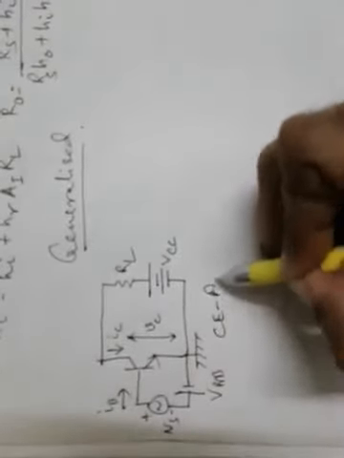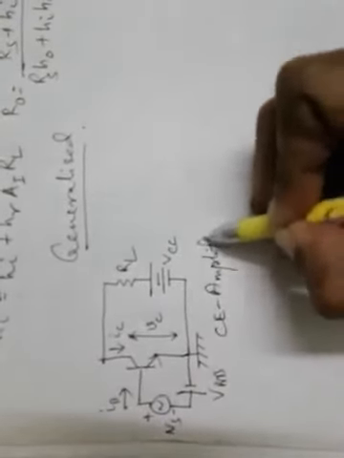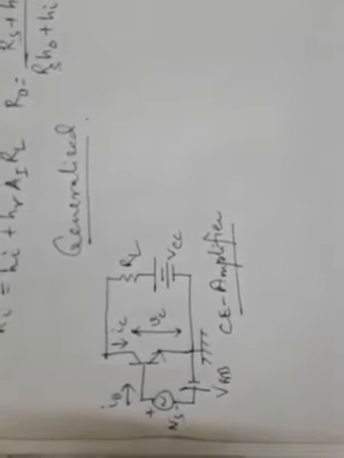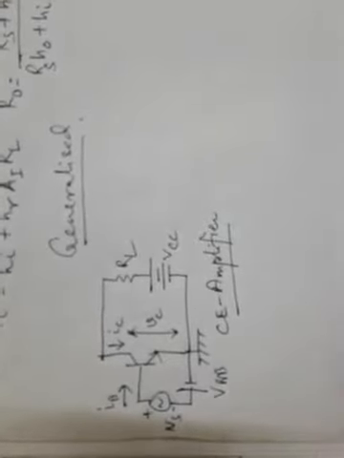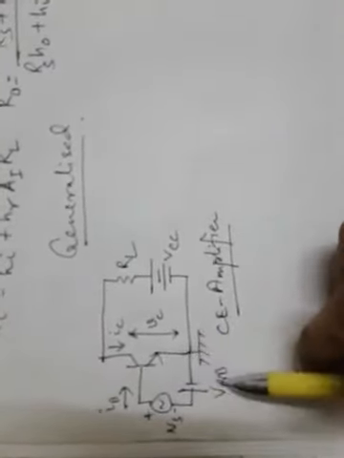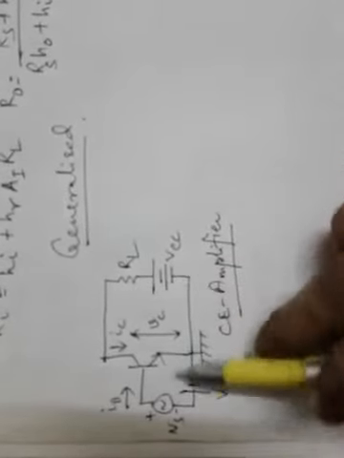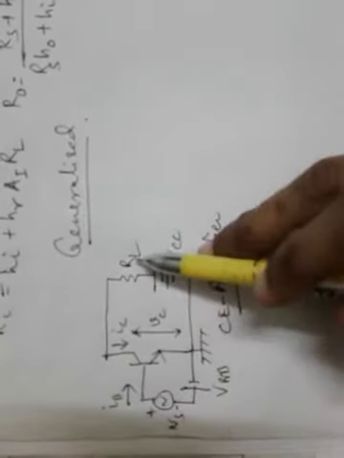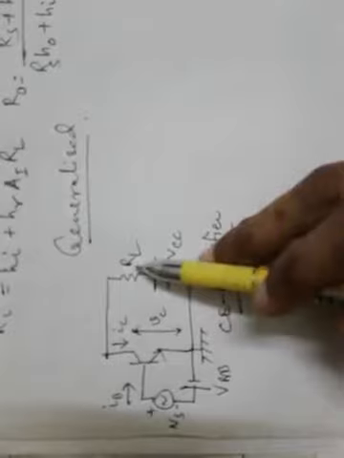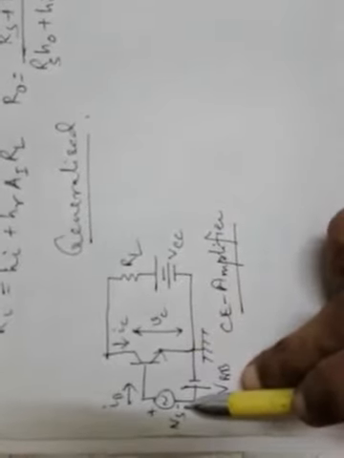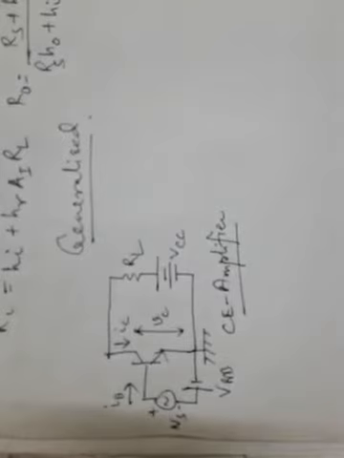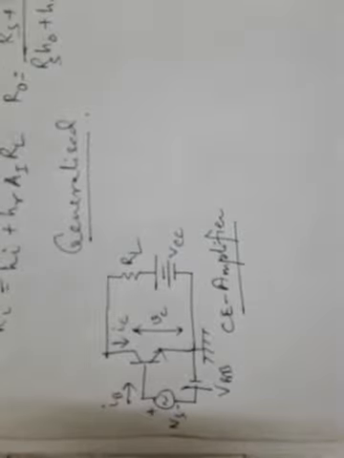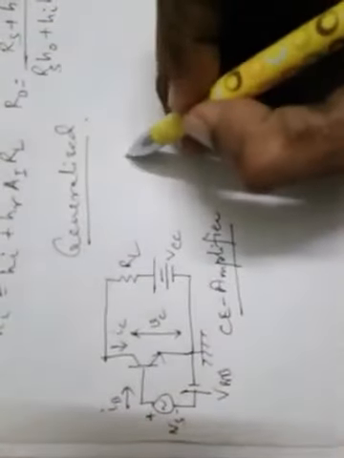Now let us see how to draw an AC equivalent circuit for a common emitter amplifier. Suppose this is the basic circuit of a common emitter amplifier. We need to draw the AC equivalent circuit, so let us see how this circuit can be converted into its AC equivalent. You can see the NPN BJT. This is the base bias voltage, this is the collector bias voltage, this is the input current, this is the output current, this is the output voltage VC, load resistance RL is connected with the output port, and at the input port an alternating voltage source VS has been applied. Since we are going to draw the AC equivalent circuit, no DC quiescent values of voltages and currents will be shown, only the AC parts will be there.